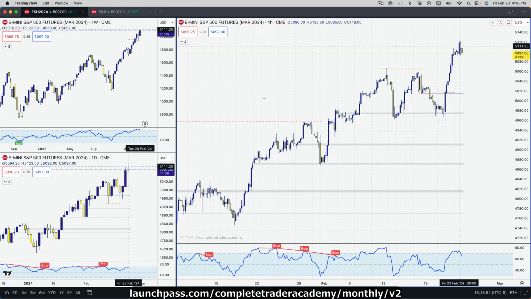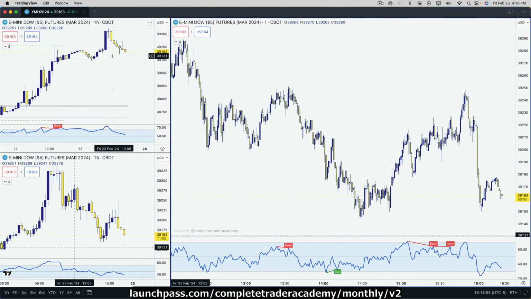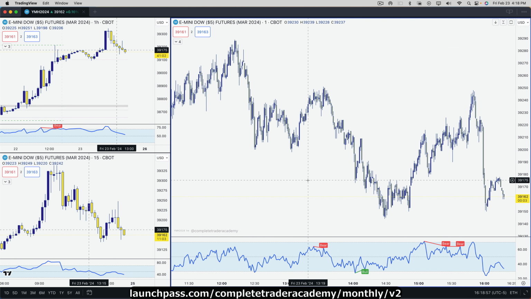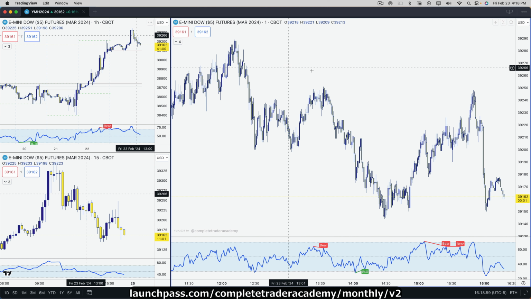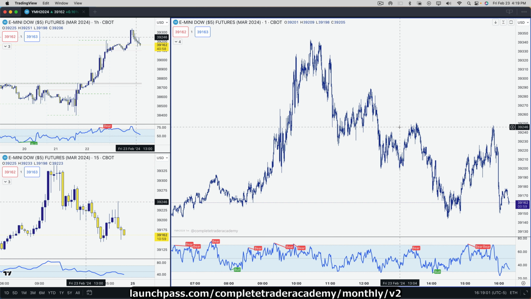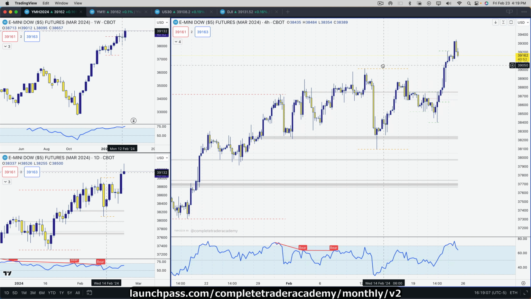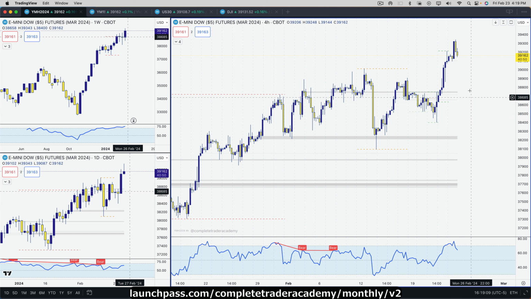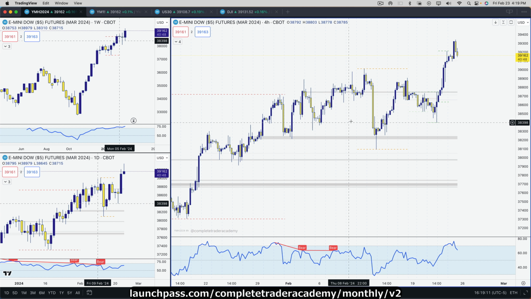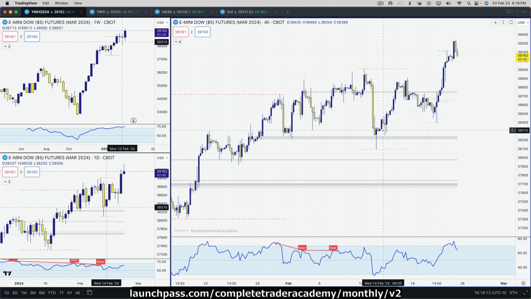Other than that, let's see here. Dow also peaking. Man, almost hit 40 grand. I mean, not almost, but that's the logic. That's the idea, right? Do they hit 40 grand? I don't know. I mean, obviously, but we should start to see prices come down a little bit to be reasonable.